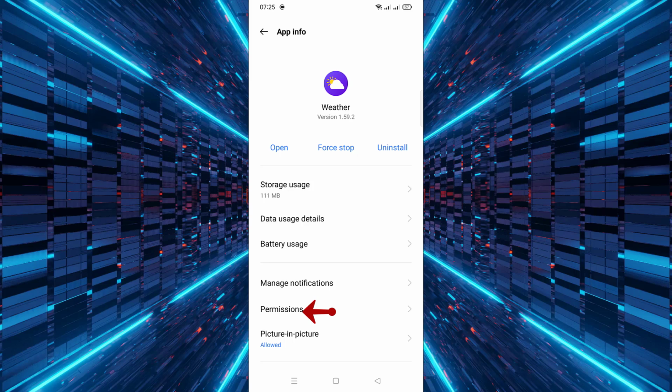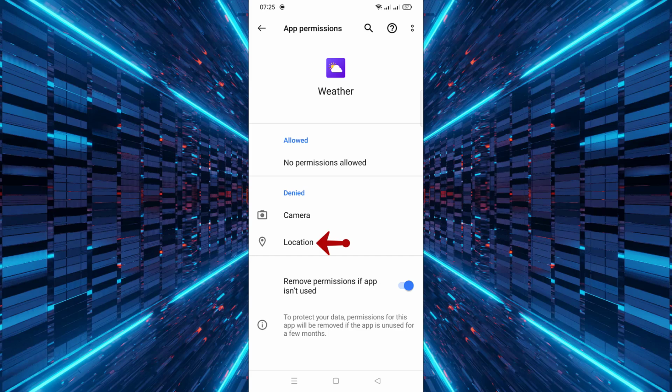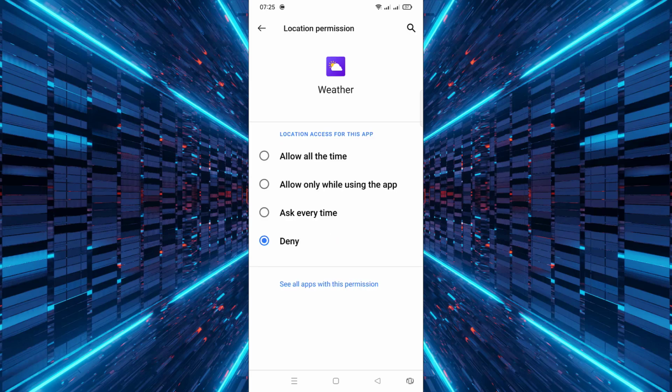Once you are in the App Info section, go to the Permissions tab. From here, click on Location. Finally, select Allow Only while using the app. This ensures that Yahoo Weather can access your location only when you open it, giving you accurate forecasts without running